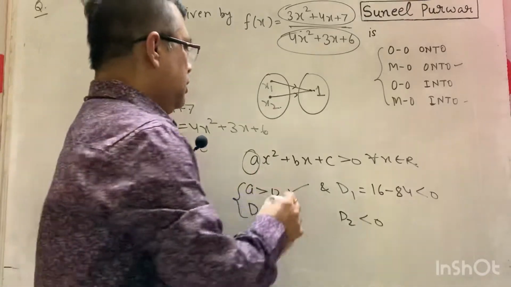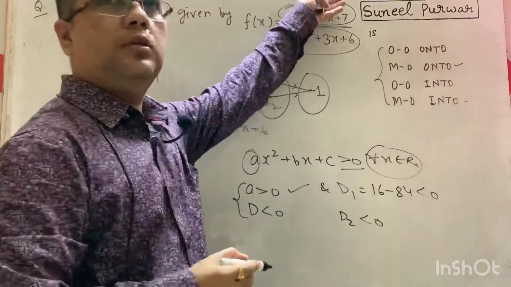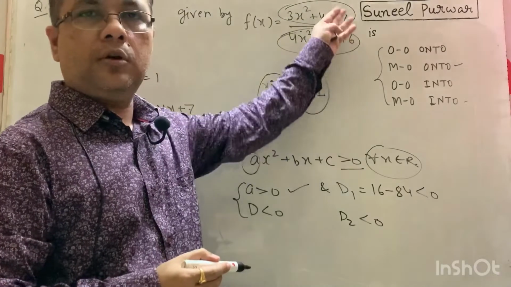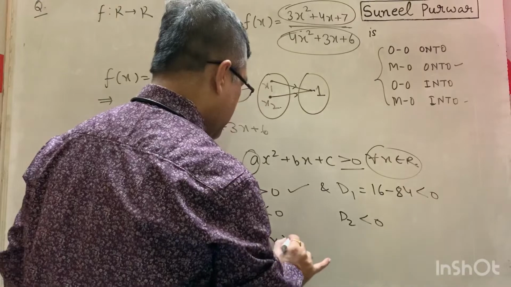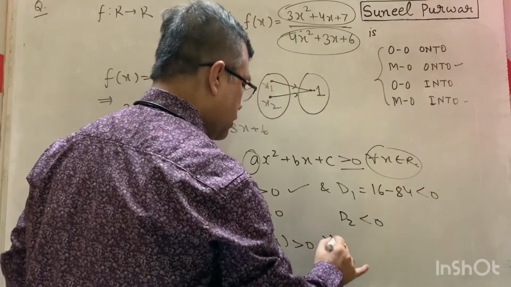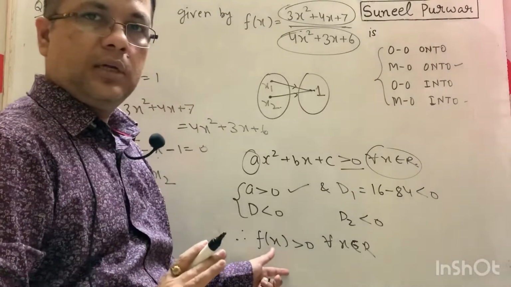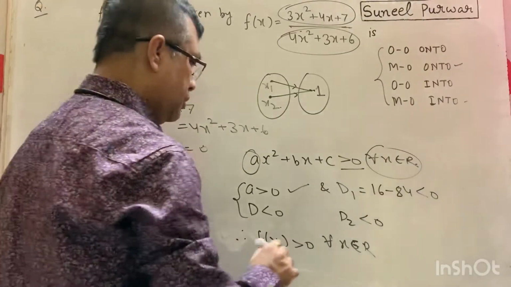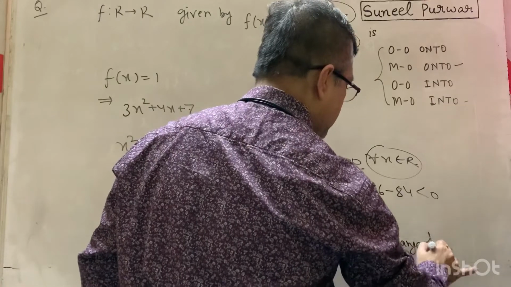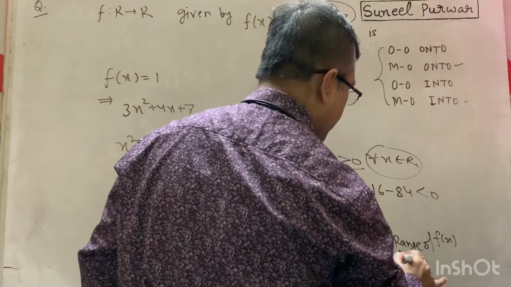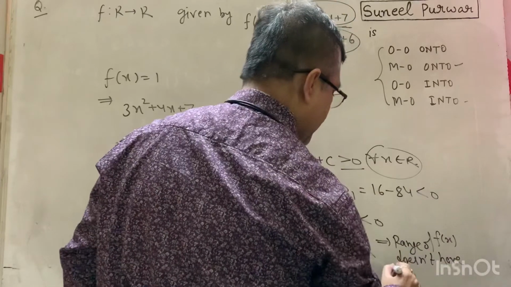So that means the values of both the quadratics are what? Positive for all x. A positive number divided by another positive number is always a positive number. So this implies fx is positive for all x. Fx is positive for what? All x. So that means range of fx doesn't have negative numbers at all. Doesn't have negative values.